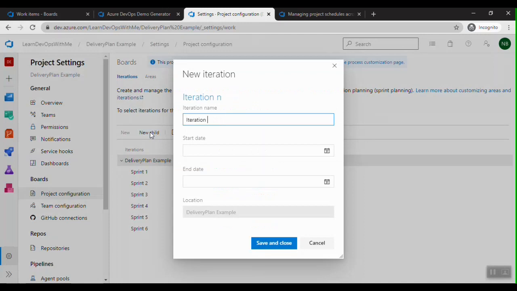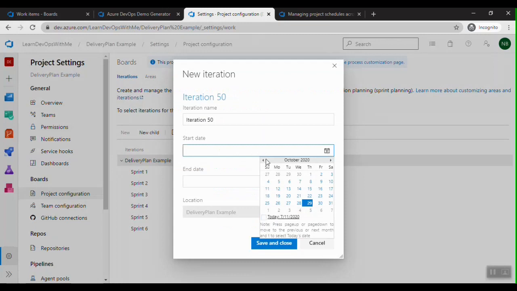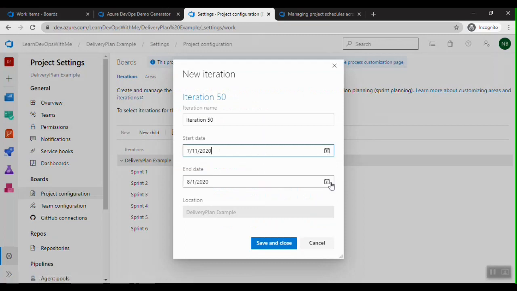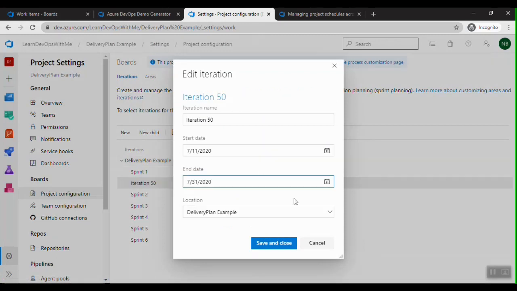iteration 50. Starts with the same date. Let's say the iteration ends on 31st July.